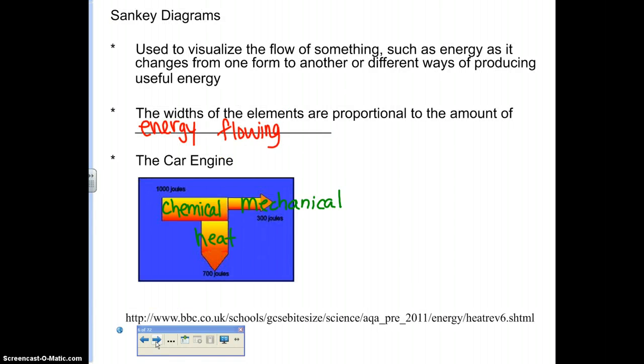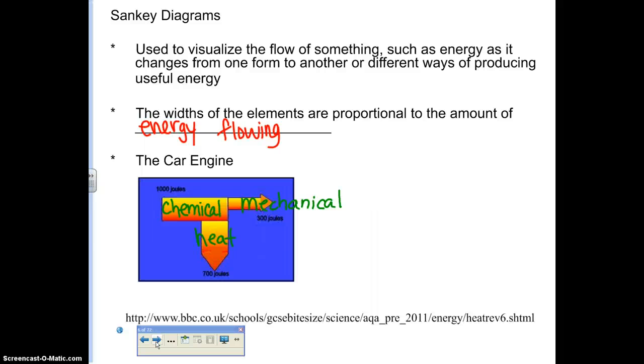Okay, Sankey diagrams. You must understand how to read a Sankey diagram. I see them everywhere in your IB stuff. If we chose an option that needed Sankey diagrams, I guarantee you'd have a question on them. You're going to have them on paper 1 questions. You most likely will have them on a paper 2 question. They're pretty easy to follow, but not unless you start looking at them and understanding why they drew it that way. Okay, so Sankey diagrams.